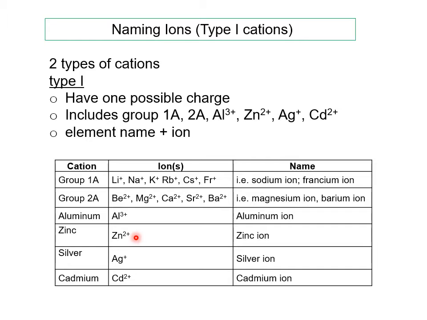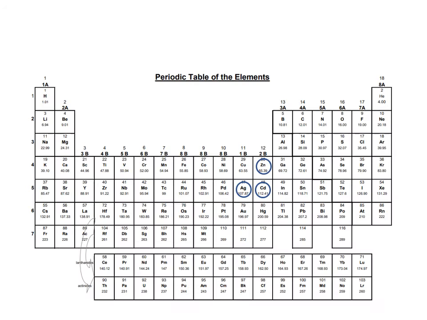Zinc will always like to be +2 as its charge as an ion. Silver always wants to be +1, and cadmium always wants to be +2. So you just have to memorize those three. They're the only transition metals that are part of the type 1 group. An easy way to spot them is notice they're all next to each other, so it's zinc, silver, and cadmium. And if you notice, they make a little triangle. So if you can spot this triangle on the periodic table,